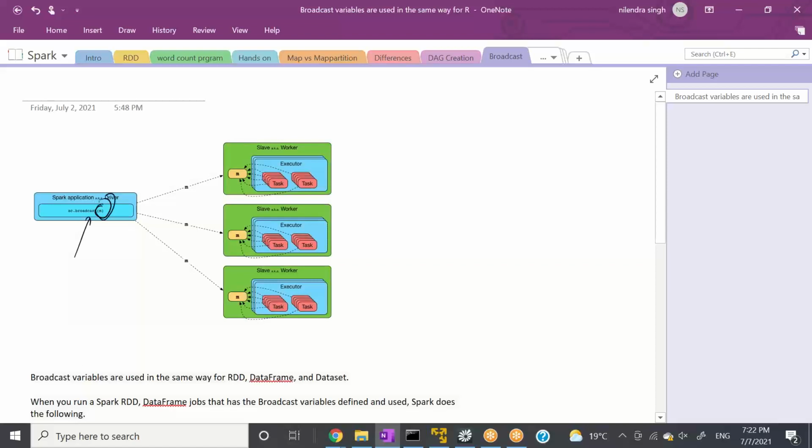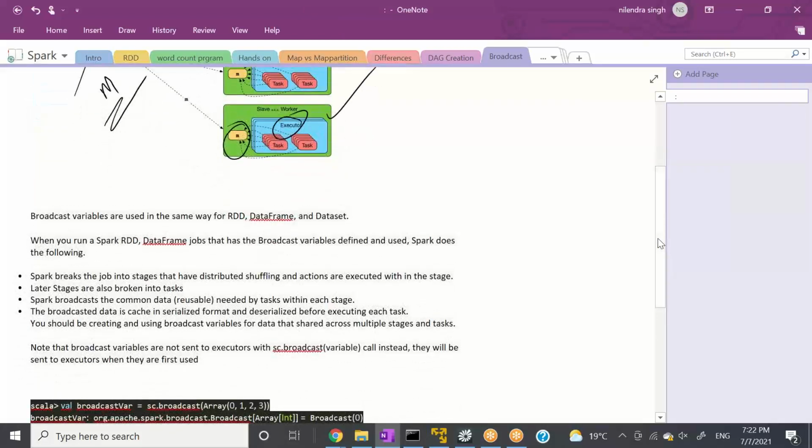When the variable name is m, you broadcast that to each and every worker node, so it is available for execution on each of the executors. So let's read it. When you run a Spark job that has a broadcast variable defined, Spark does the following: Spark breaks the job into stages that have distributed shuffling, and actions are executed within the stages.